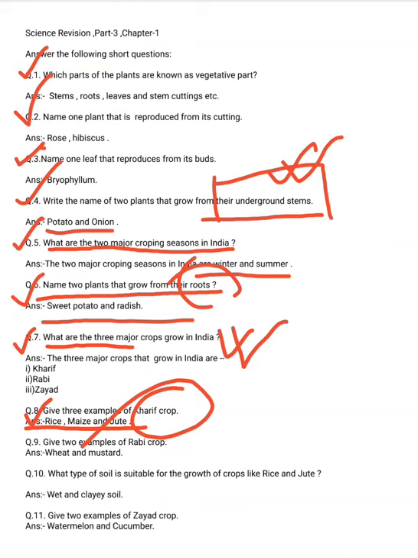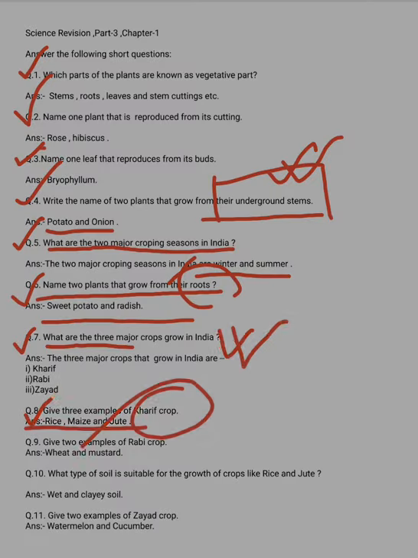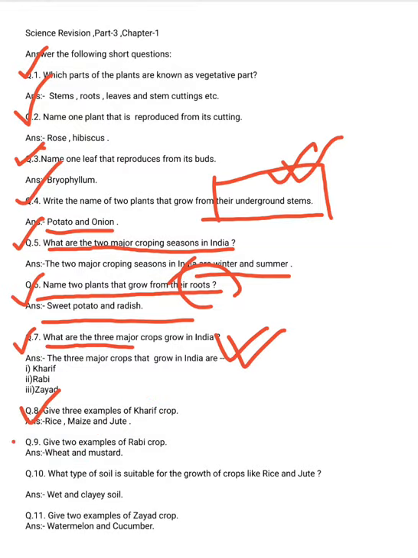These crops. Next question: give 2 examples of rabi crop. 2 examples of rabi crop are wheat and mustard. They are examples of rabi crop. Question number 10: what type of soil is suitable for the growth of crops